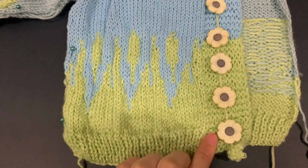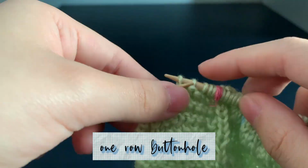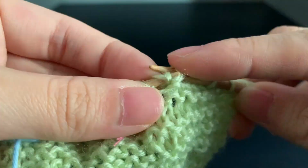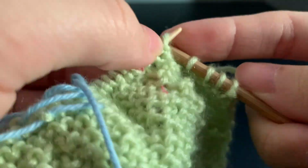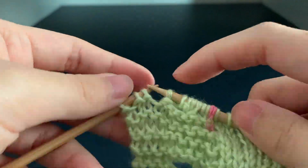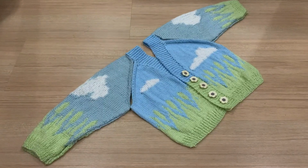Now I had to divide and mark which rows would get the buttonholes. Now I did film knitting the 1 row buttonhole stitch after working out the first one, but for reasons I can't recall, mistakes were made. But honestly, there are better videos explaining this, which I've linked below. There's a lot of twisting back and forth, and frankly several methods that can be very confusing, plus this video is so long already. Let me just bypass this step a little, and now I have all my pieces done